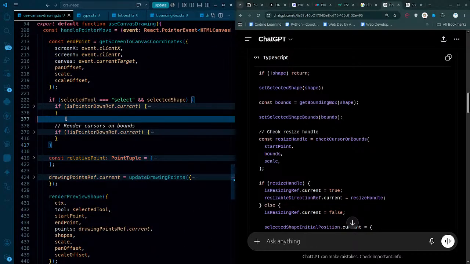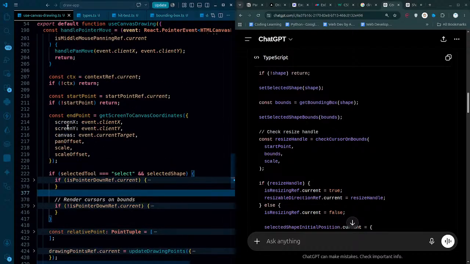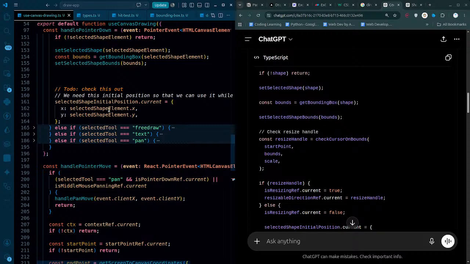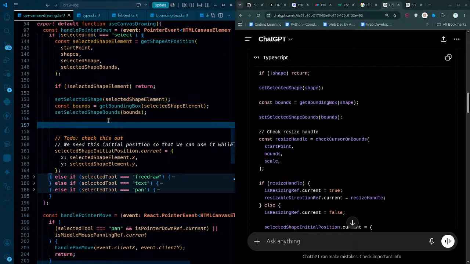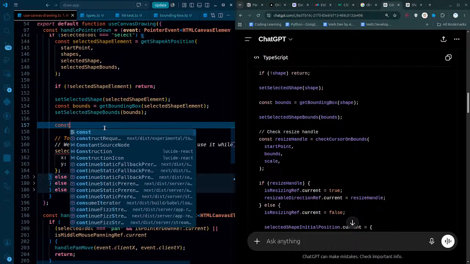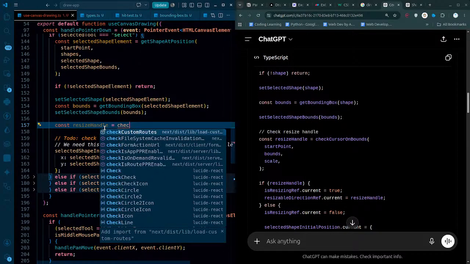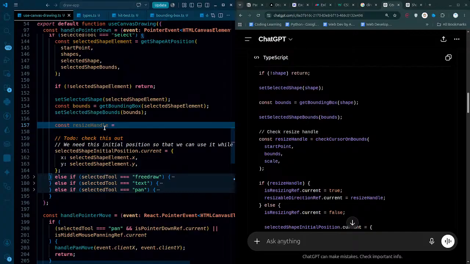Done. And apart from this particular thing, let's keep it like this. Let's come back here and const resize. Can I just simply copy and paste? Nope, it's not a good idea to just simply copy paste from the AI. You should always write it yourself, handle, and that's going to be, what is the function for it? Resize